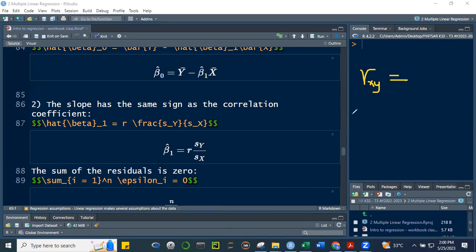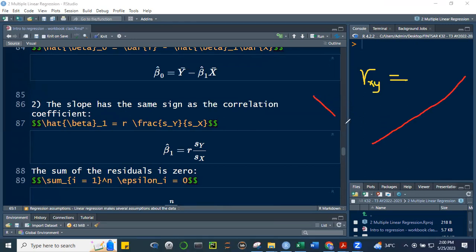It's how the two variables move in the same direction or in a particular direction. If it's positive, then ibig sabihin, they move in the same direction whether paakyat or pababa, no? So, pag positive yung correlation, either pa ganyan or